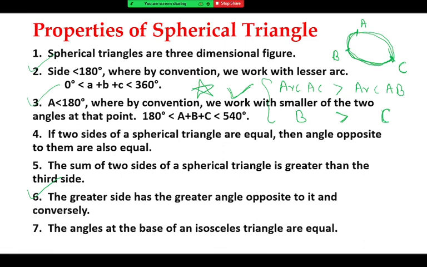Suppose the question is to find all the sides of the triangle, and suppose your answer goes beyond 360. If you get small a as 90 degrees, small b as 180 degrees, and small c also as 180 degrees, then obviously these answers are wrong, because the sum of the sides of the triangle can be 360 degrees maximum. So you come to know that you got wrong answers.